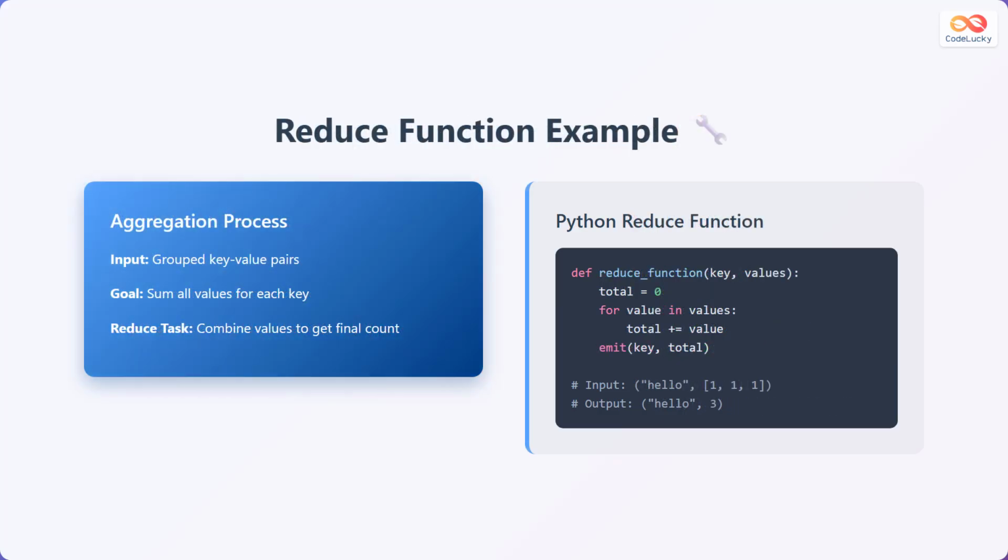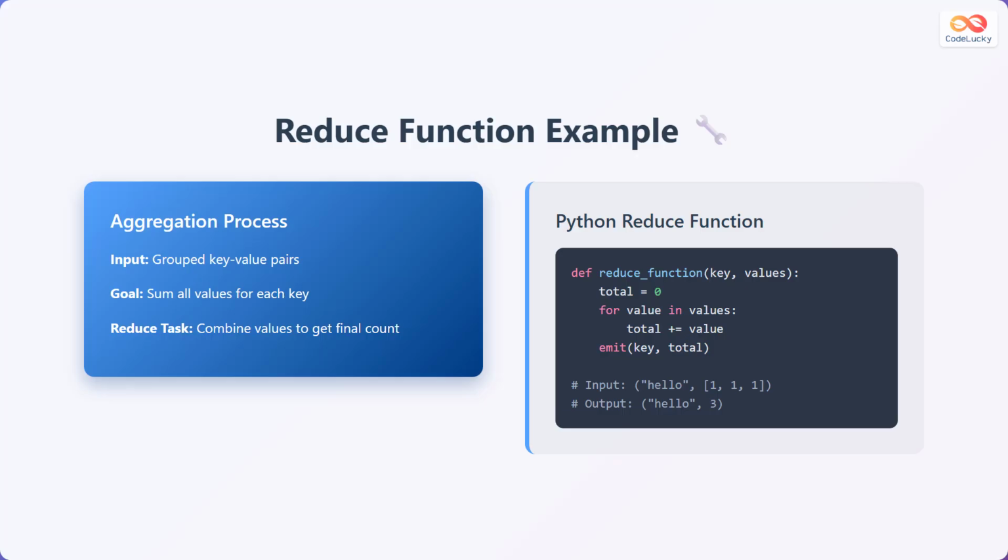Let's look at an example of a reduce function. The aggregation process takes grouped key value pairs as input, and the goal is to sum all values for each key. The reduce task combines these values to get a final count. The Python code for the reduce function is